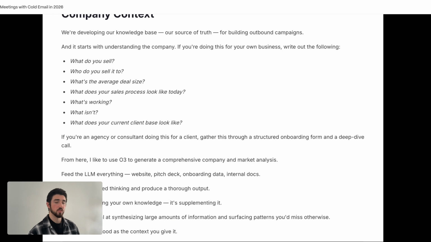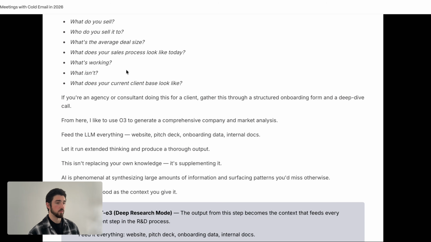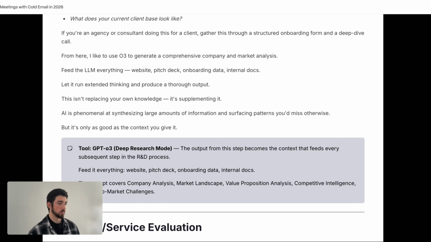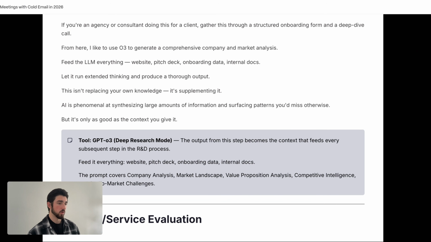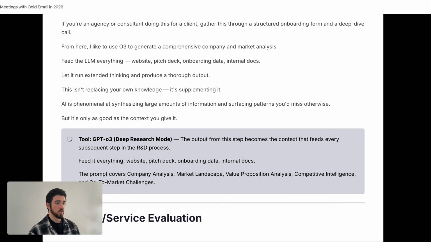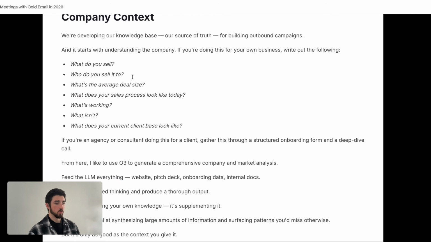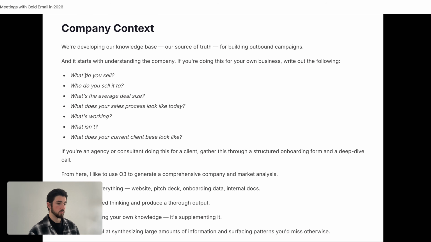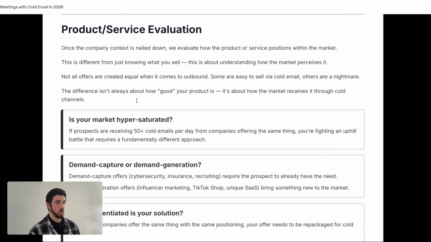We'd like to gather this information manually, but then also have AI generate its own summary from it. And really what you could do is, you can create your own prompt if you want to. Just type in your company website and then tell it to uncover who I sell to, what do I sell, and get information back. Moving forward, product service